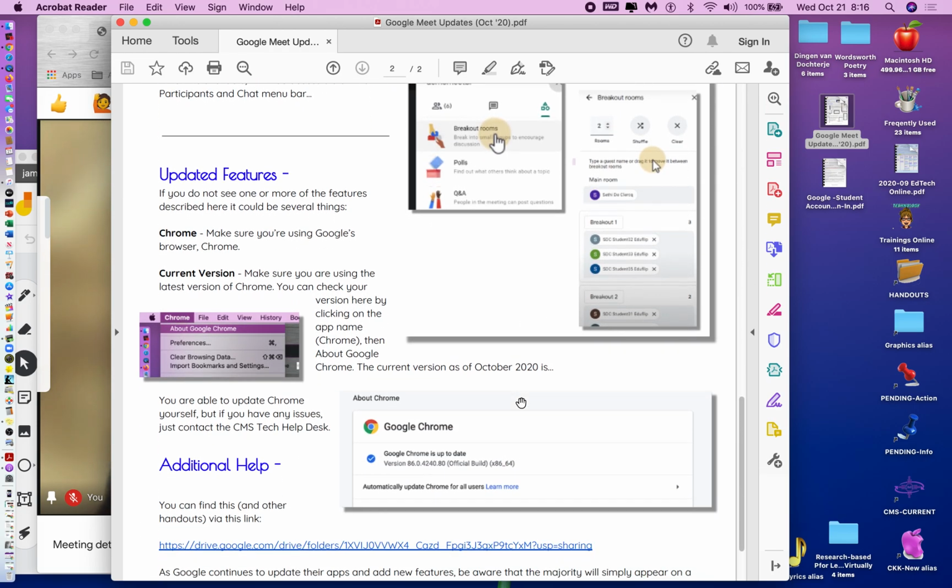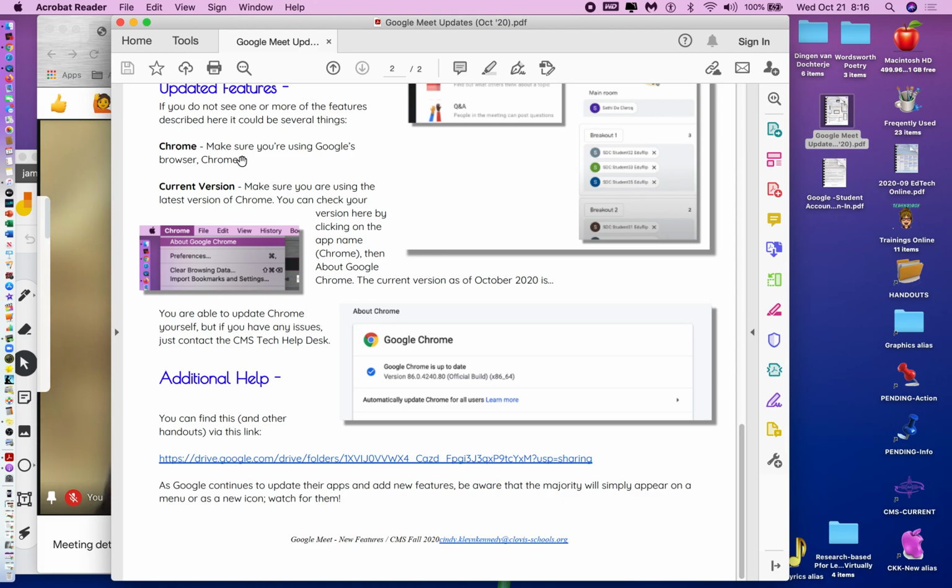If you're not seeing any of these new features, you always want to double check, make sure that you're using Chrome, the browser developed by Google, and also that you are in the current version. So you can click on the app name, go to your current version. This is it. If you have even a couple of digits off here, you might not see some of those items in the vertical ellipsis that pops up. So you want to make sure that you have current versions. You have the